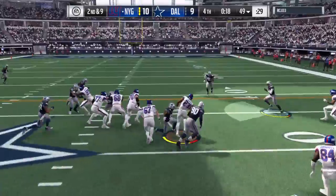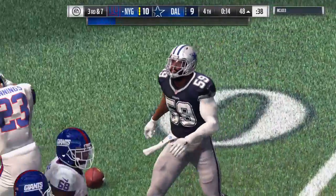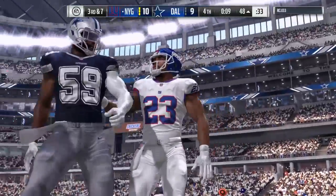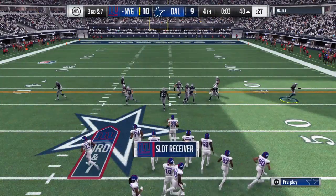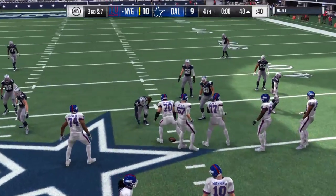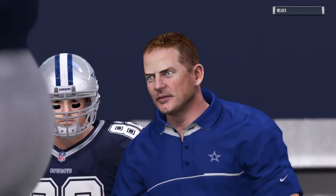They stay on the ground. Again, it's Jennings. And he'll get this into enemy territory, but not by much, as he's down to the 48. The linebacker, Anthony Hitchens, there on the stop. And the offense needs 7 out of this play on third down. Well, Charles, the old saying, the old cliche, if you